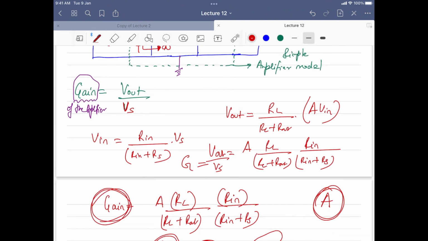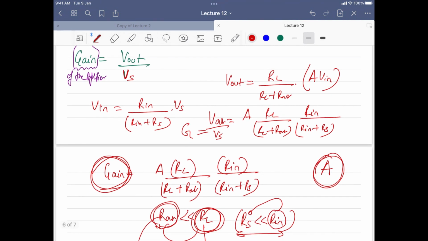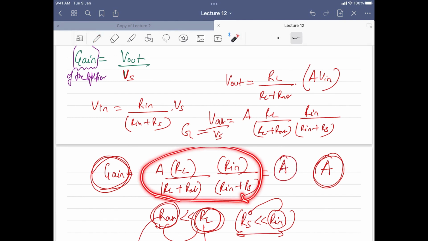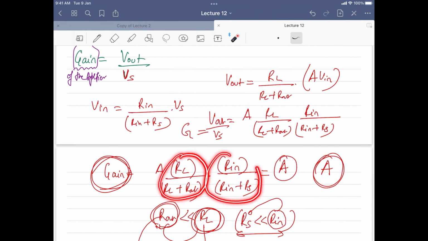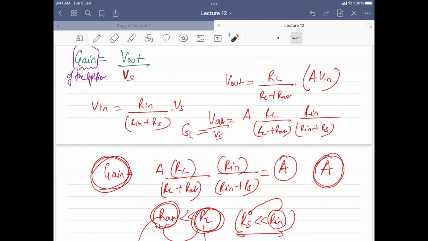So we are supposed to make this entire expression besides A into 1, right? So we'll get just A in the gain. No, we want to make this expression A. In order to make this expression equal to A, what we are trying to discuss is how to tweak these factors which are already less than 1. How to tweak these two factors such that they become equal to 1 and you will get A outside. That is what I was telling.